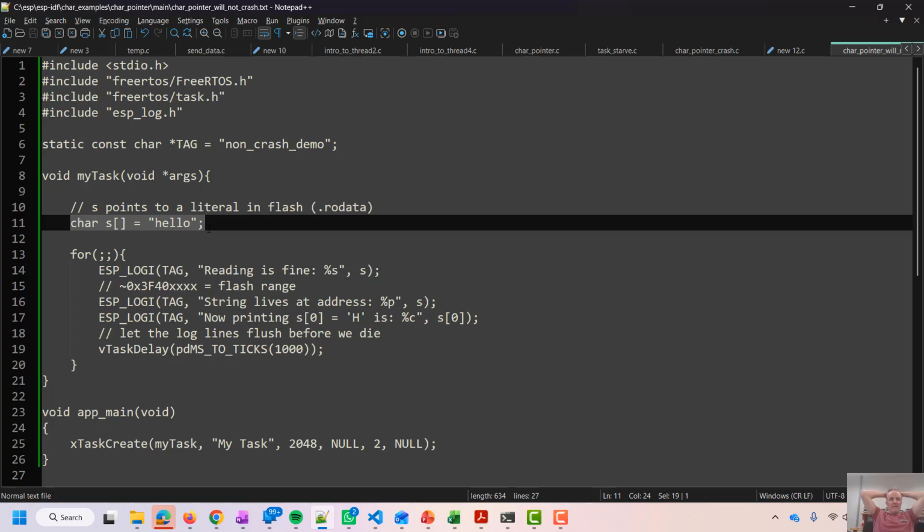So we can now index it. And for all time here in this task, we're going to go ESP_LOGI TAG reading is fine. So we print it out, read it with ESP_LOGI. ESP_LOGI string lives at address, do the address. And now we're saying now printing S[0], and we do S[0]. And everything is going to be just fine. So if I run this,